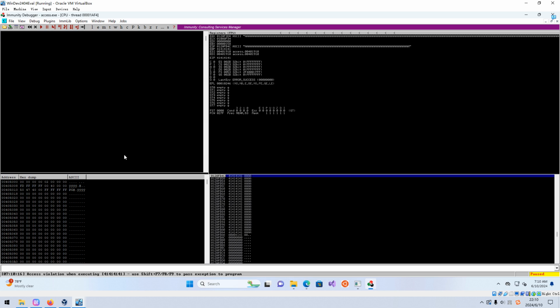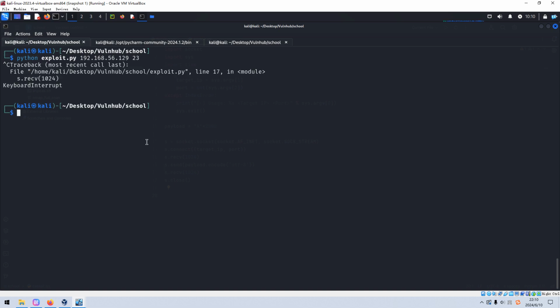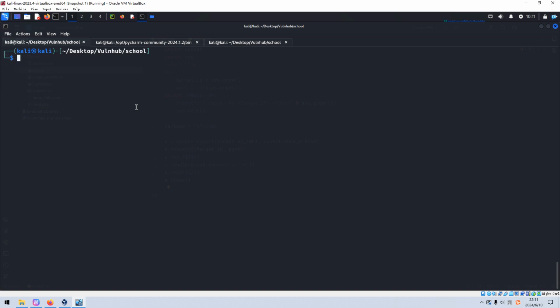Okay, so now how to do this? We need to calculate, or locate, the precise offset of the EIP. So how to do? We can use pattern_create from the Metasploit framework.